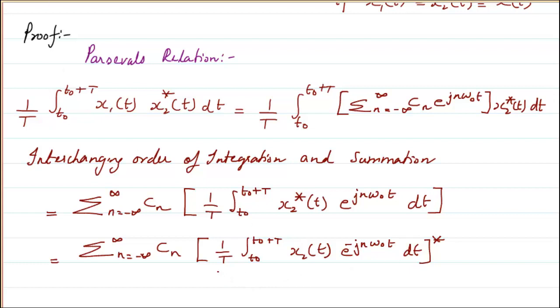Okay, now what is this particular bracket? This is basically the Fourier coefficient of the function x2 of t, which is d of n. We already know it is basically d of n. So from where did I start? I started from the left hand side. So I can write that as